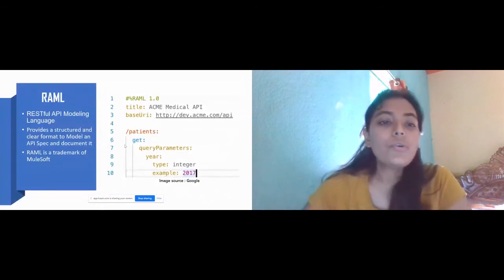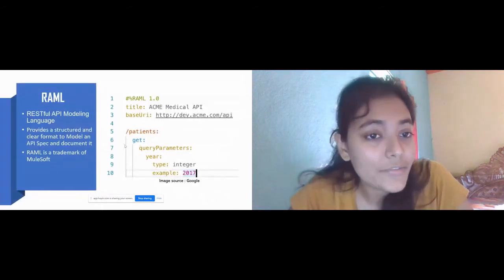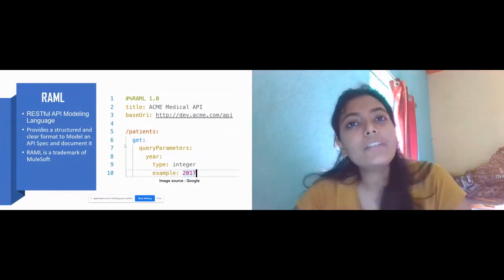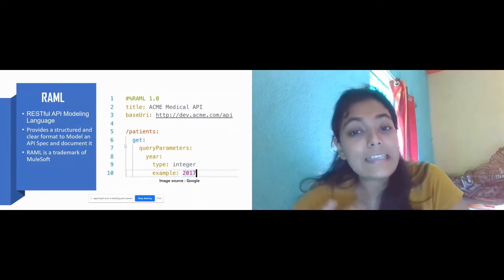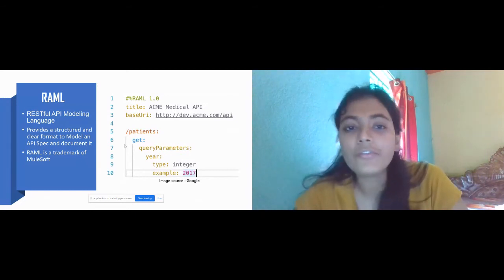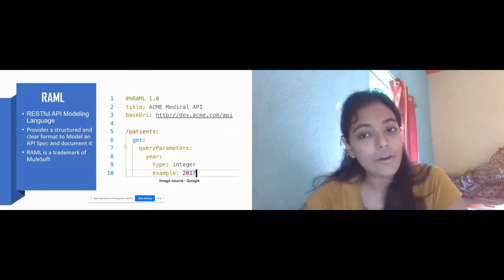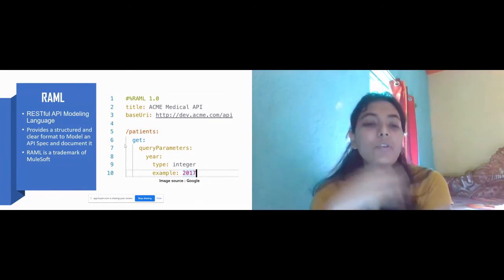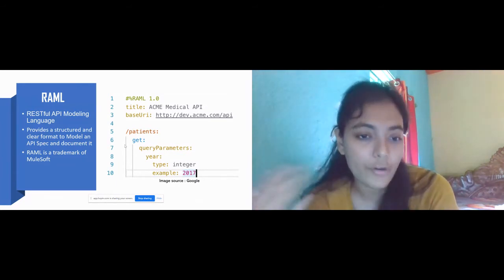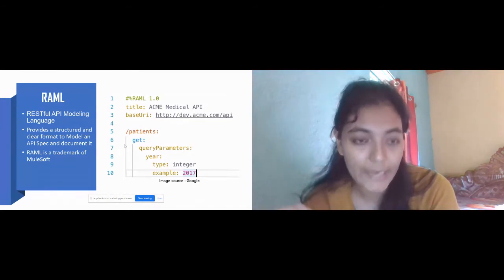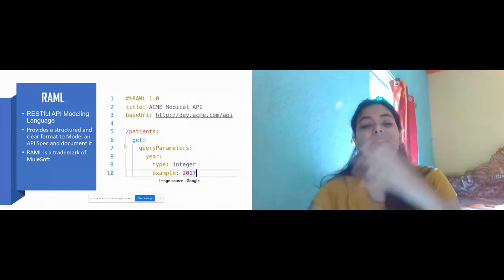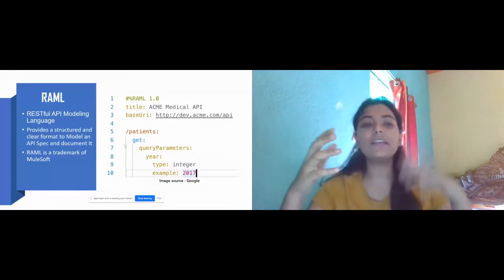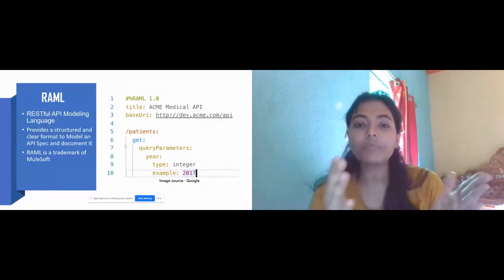Okay. So RAML is RESTful API Modeling Language. If you want to design any API in MuleSoft, then you have to use the RAML language, and it is only for REST APIs. Okay. So what is RAML about? It provides a structured and clear format to model an API spec and document it. So see, RAML is just like a normal text document. If you know YAML, it is derived from YAML. It is a normal text document